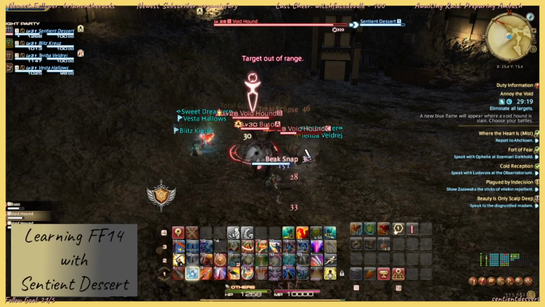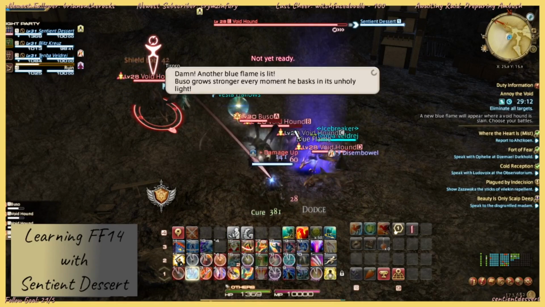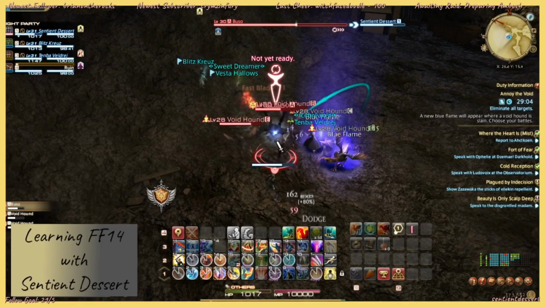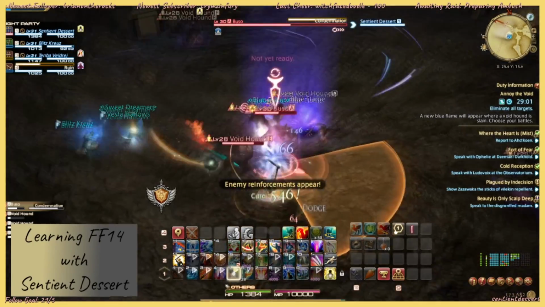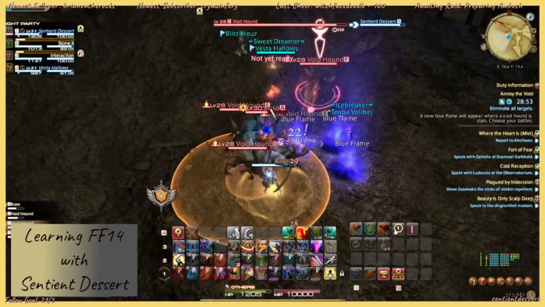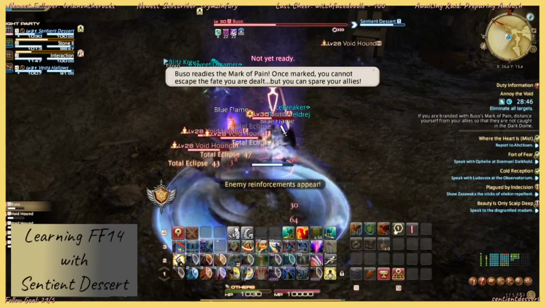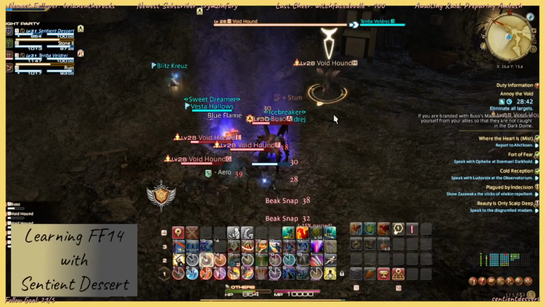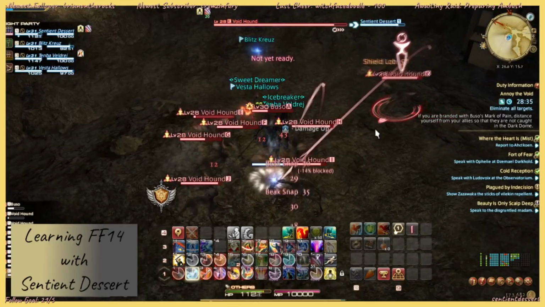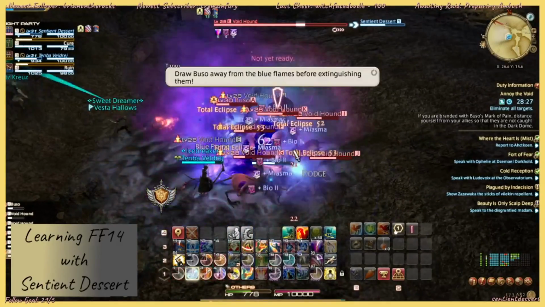Now, in previous iterations of this, he would go after the people that put out the flames. One of the strategies was you do not kill the dogs, just burn him down. But the problem with that is this is one of those where you have to kill everything. So the other option is to leave all of the flames up. Otherwise, he's going to go after people. We're going to pop both of our cooldowns, increase our defense. Same time,